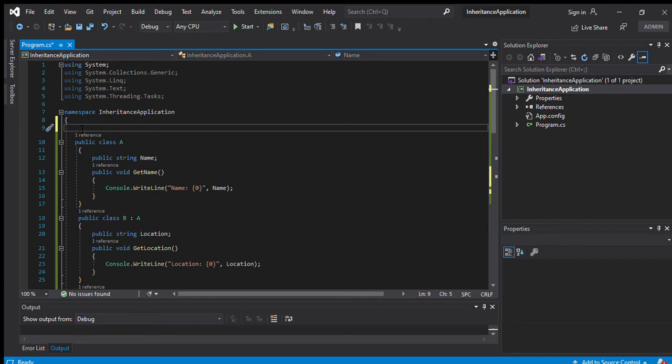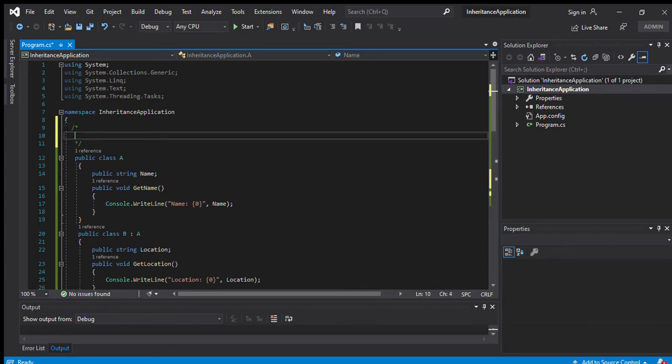So why do we need to use the inheritance concept? Because we can reuse the existing code, or modify the existing code.